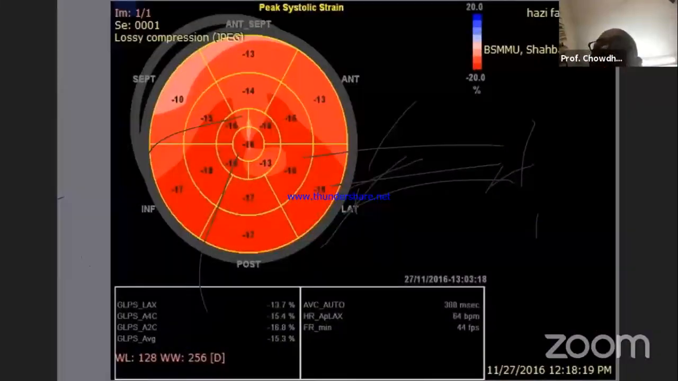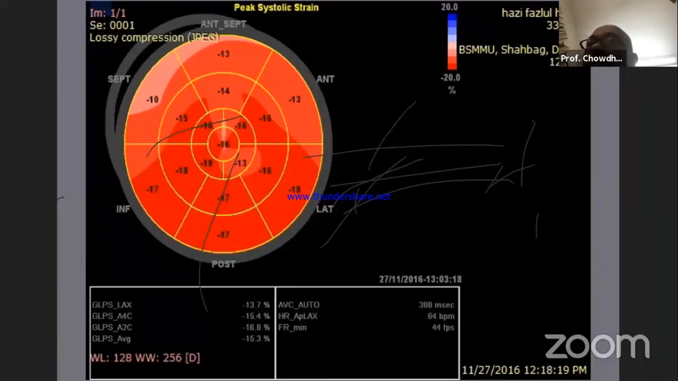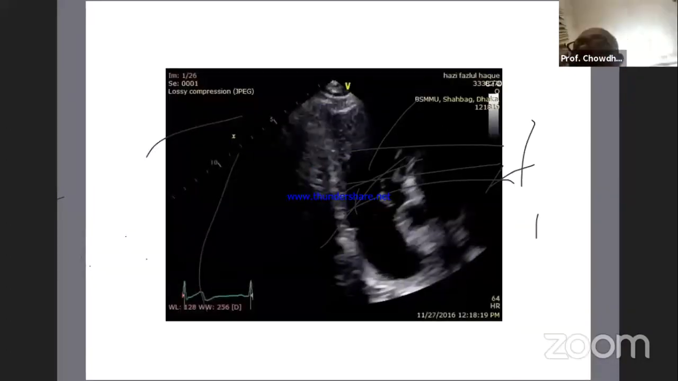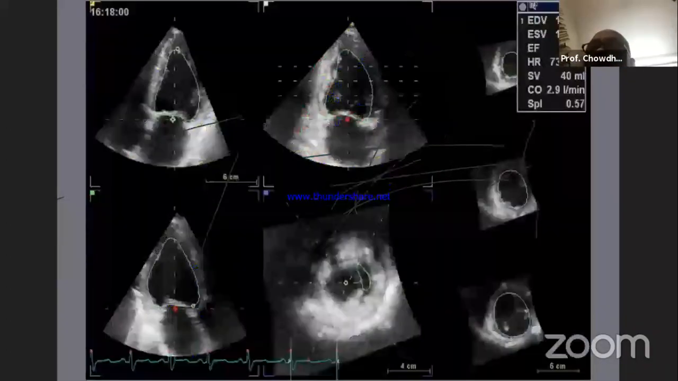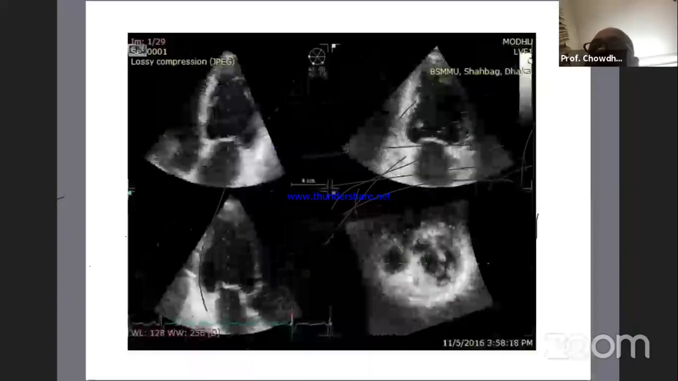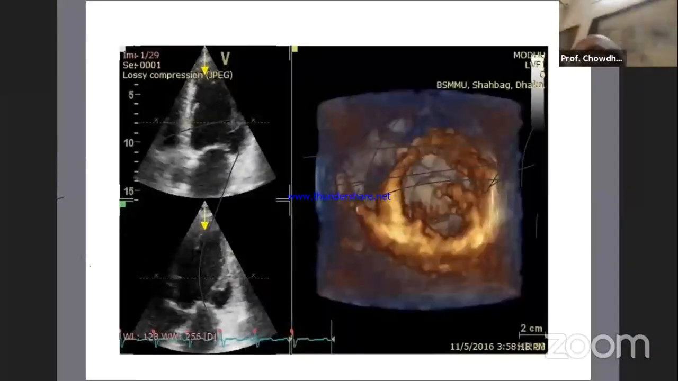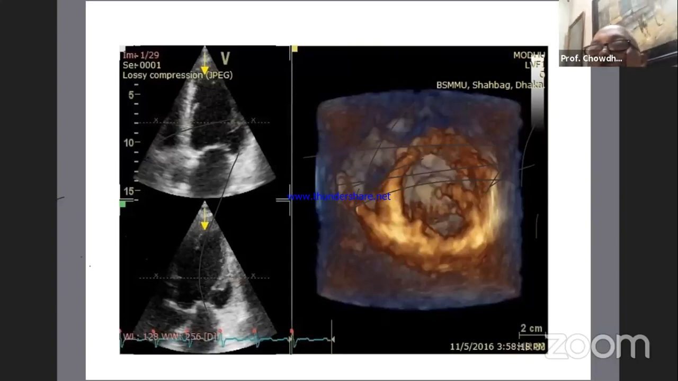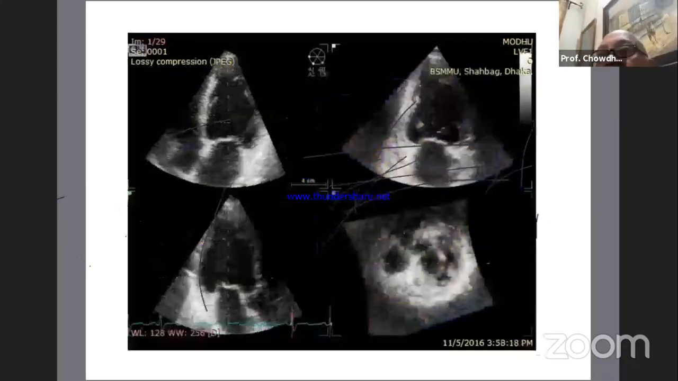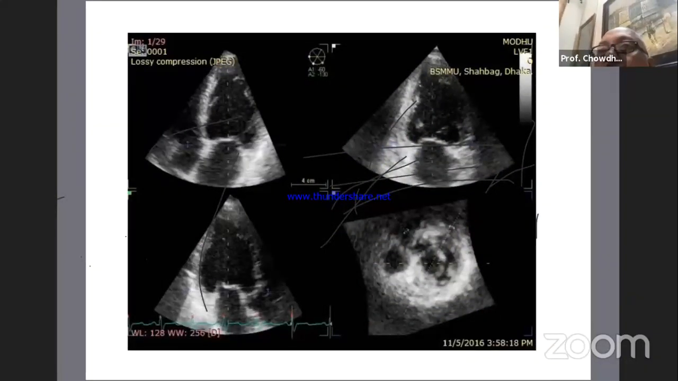2D strain is another method of estimation. Probably we should not attempt to show you the 2D strain, but a little bit of the 3-dimensional echocardiography, because it is relatively simple. If we have the 4-chamber view, and if we switch on the button of 3-dimensional echocardiography, then this picture comes. Thereafter, we get a picture of 4-chamber, 2-chamber, and